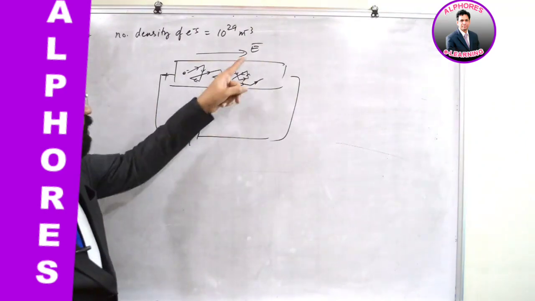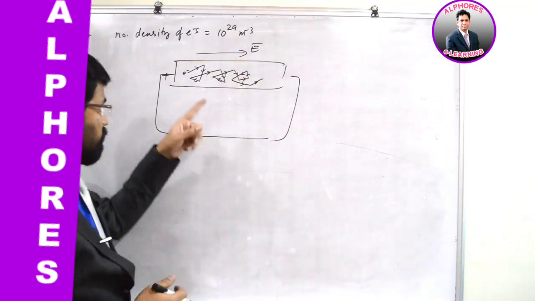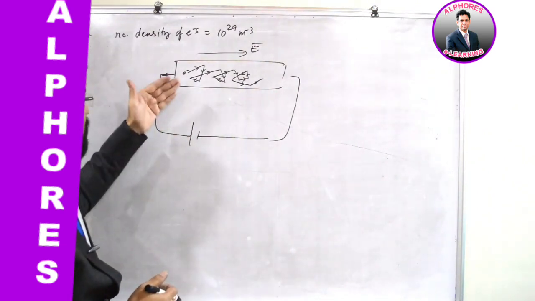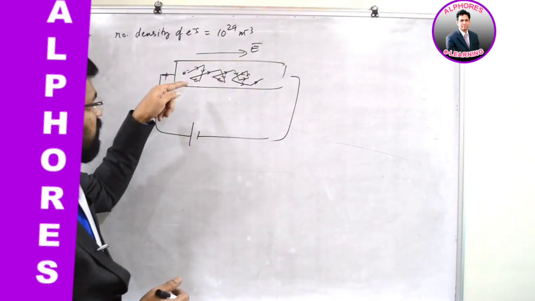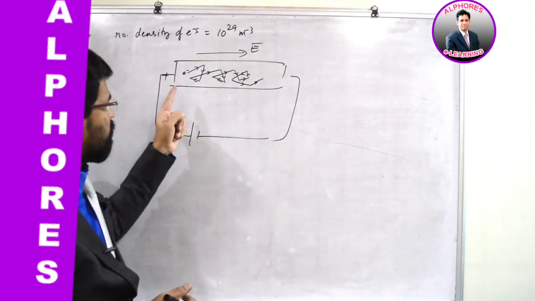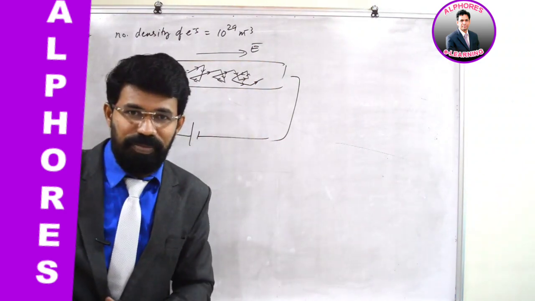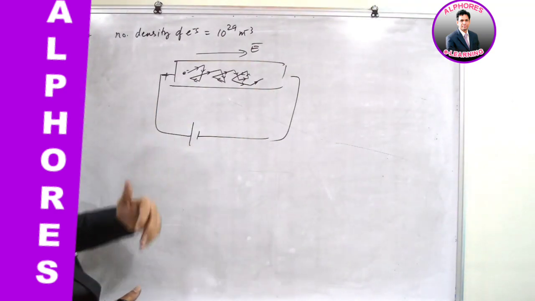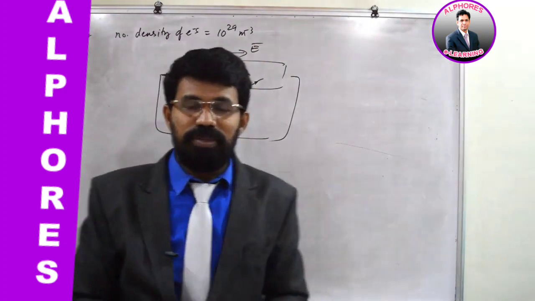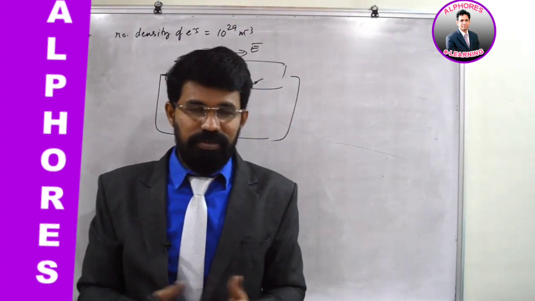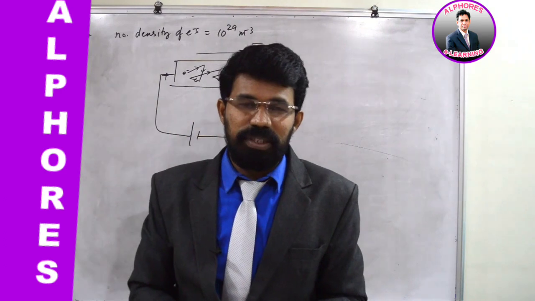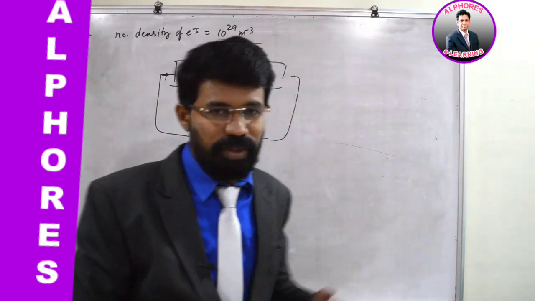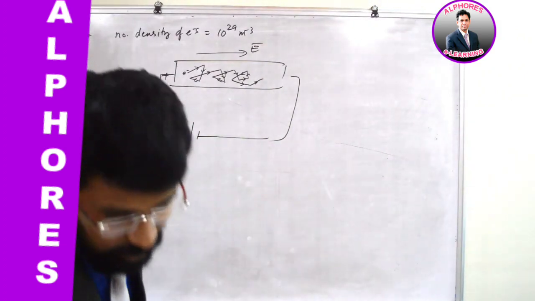And all this is possible because of this applied electric field, because of whatever potential difference you have created across the ends of the conductor. What is happening? The electron, though it is taking a zigzag path, has a net motion from here to here. There is a net flow. Okay, so that is how it is possible. So if this is moving, you can talk about several parameters connected with this one. One of the very important parameters is drift velocity. Drift velocity is nothing but the average velocity possessed by the electron when it is flowing inside a conductor. Let us try to find out what that drift velocity is.